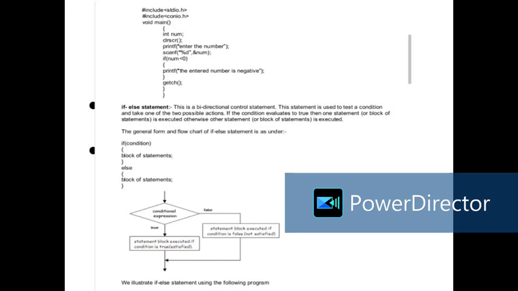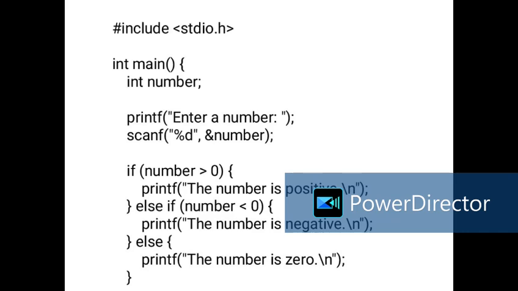If else statement. The if else statement adds an alternative path. If the condition is false, the else block is executed. Example: int a = -5; if (a >= 0) { printf("positive"); } else { printf("non-positive"); }